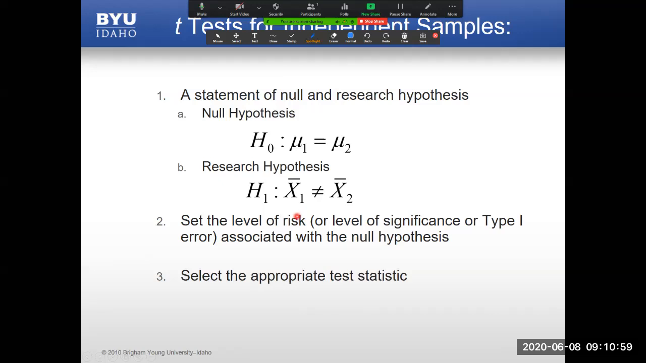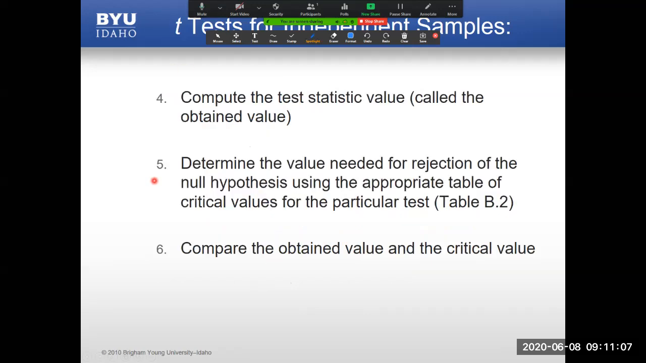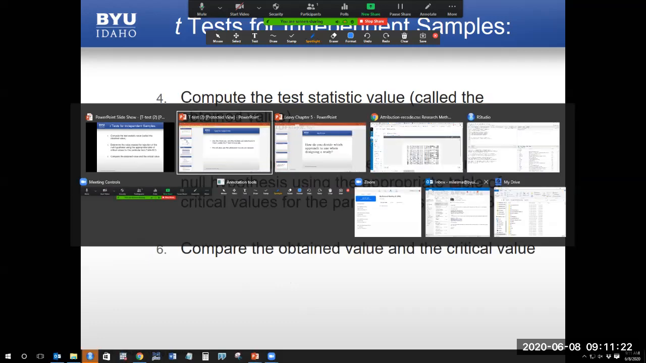That would be the type 1 error, 0.05. We choose the appropriate test statistic. That would be the t-test for independent samples. We compute our t. I'll show you how to do that in a second. And then we decide if our t fits within the region of rejection. How do you know that? Well, the back of your Salkind book is one easy way to know it. But you can also just Google